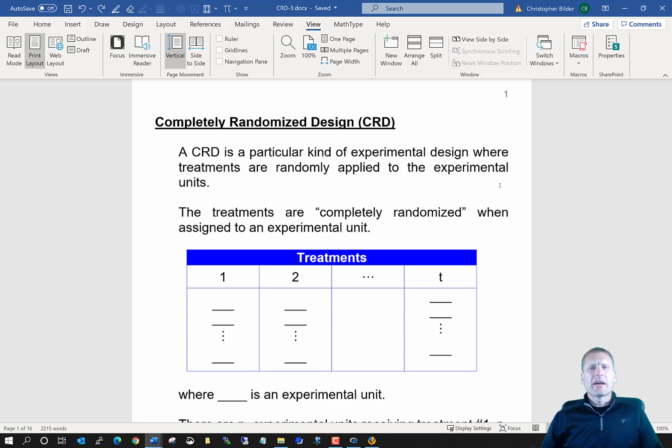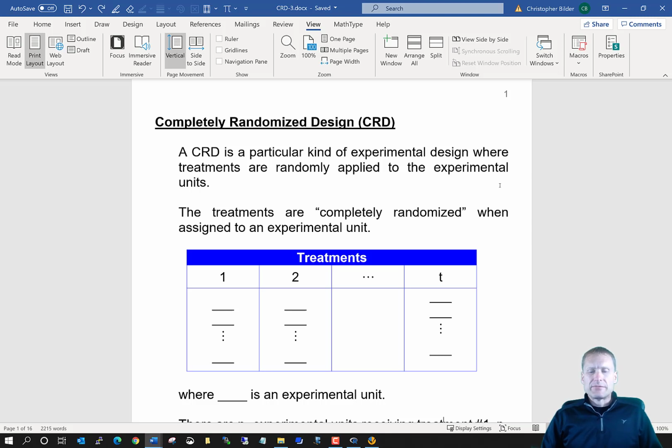There are many different kinds of designs for how to actually perform an experiment. Each of these designs allows you to collect the data in a certain way, and then you use ANOVA methods to actually analyze the data. We're going to talk about the most simple of these designs first, and it's called a completely randomized design, or